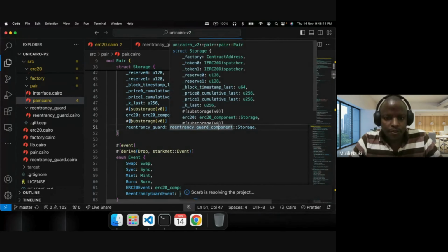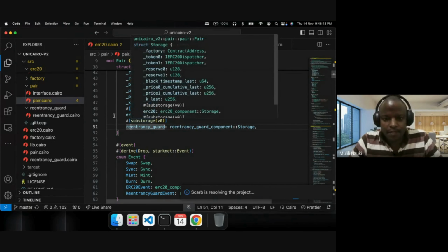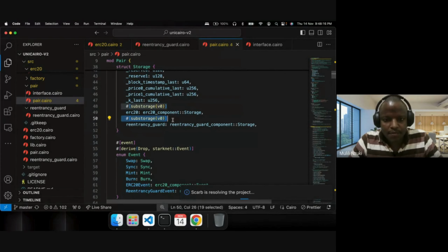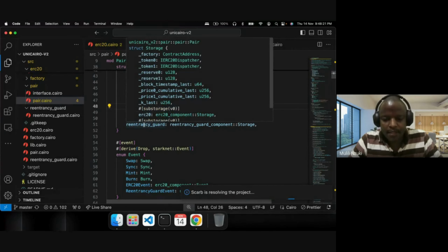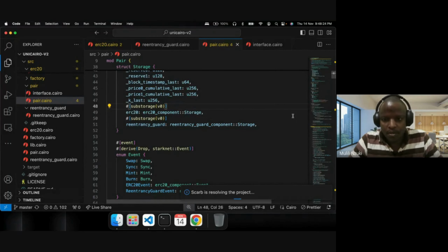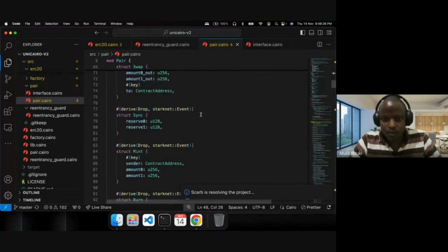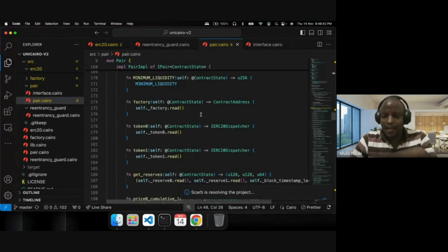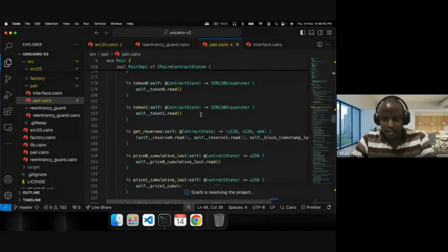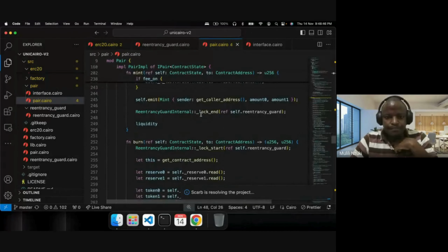Yes, if you go to the definition, this is a storage. We are actually referencing the storage. Anytime you see this attribute, you are referencing the storage in the component. And this variable will enable us to lock the swap, such that if I'm swapping from token A to token B, that swap should be locked such that, as the tokens are being transferred to my contract or to my wallet, I cannot call the swap function again and drain the reserves. So that is the purpose of